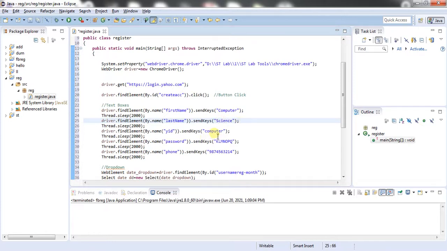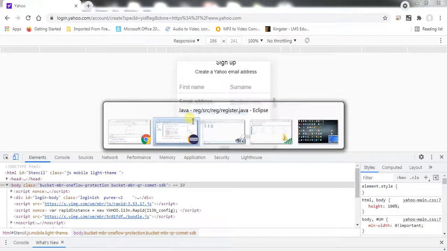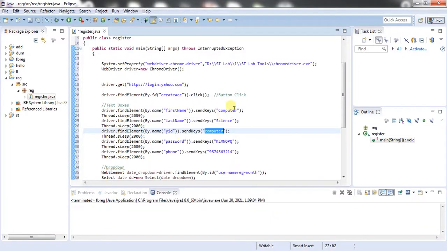The next one is the email ID, let me take it as computer science. Let me pass the password as anything, 0000011, any password. Then the mobile number, this is a dummy one.